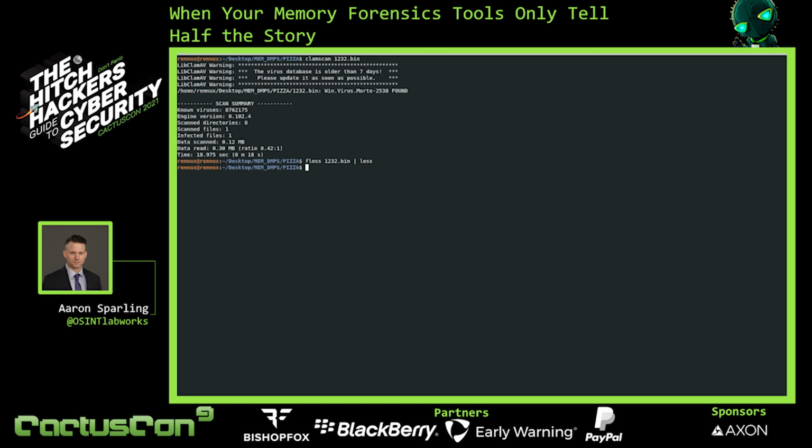dumped it, or saved it as a bin file, and then we ran the file command and objdump against it to see what it was being reported as, and it was coming back as a 32-bit DLL. And then we ran ClamScan against it, and we got a positive hit for the Mortovirus. Did a quick little OSINT lookup on our web browser to get a couple indicators of what this virus might entail. And then we ran the FLOSS tool against the binary that we carved out of memory that we called 1232.bin. And then we searched through the output and we saw matches within the strings output that matched the indicators